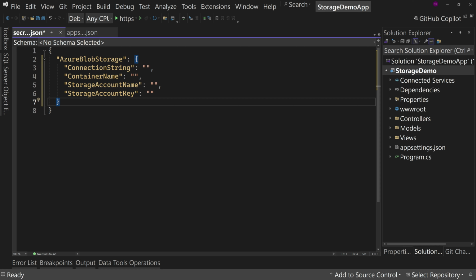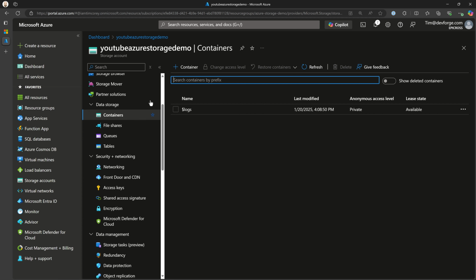Okay, so now what I'll do, and by the way, if you don't understand, app settings can get overwritten multiple times by multiple different systems, including Key Vault, Azure web app environment variables, and so many other places. You'd use those places to override these settings. This secrets.json is only for local development. So let's come over here to our